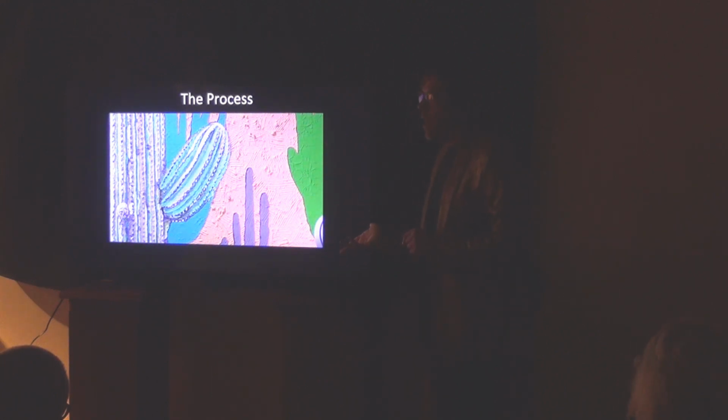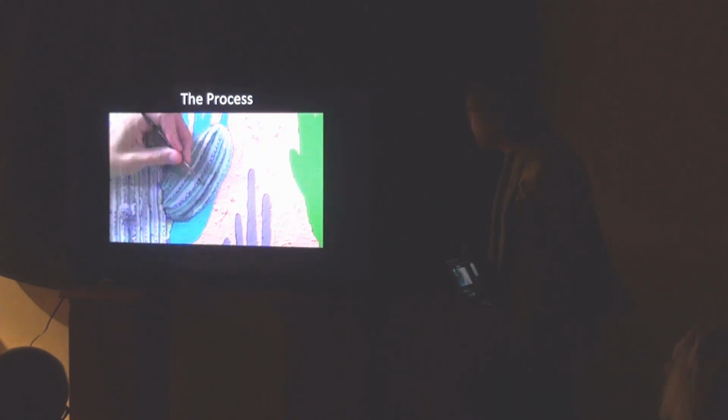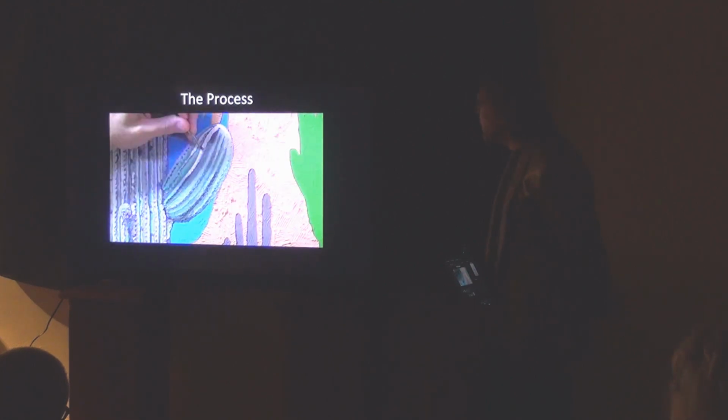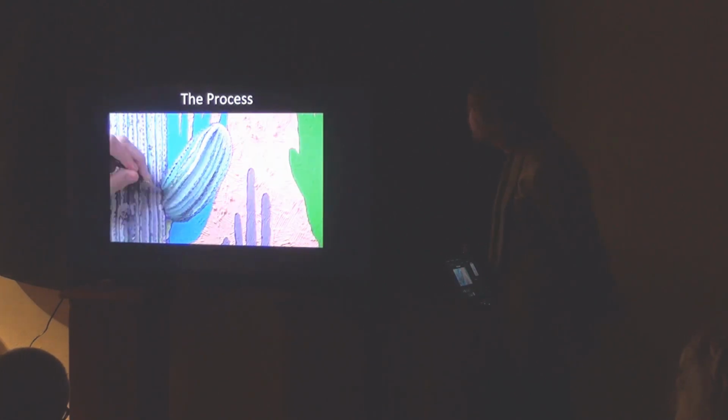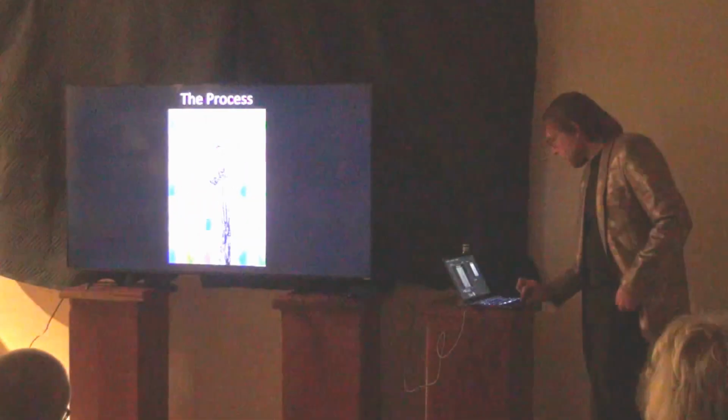I've now mixed up about 15 or 20 thinner gessos, like a lower viscosity, in all sorts of different shades of green and gray, et cetera, and I'm now going to paint those over the thick impasto work. And the idea is that that thin paint will fill in all the little cracks and valleys, it will help clarify the value structure, and it will equalize the surface so that when I sand it down, all those lovely little details will emerge. And I'm using paint colors that have just enough contrast that they will really show off what is underlying. And that's how that looks after I've done that process.